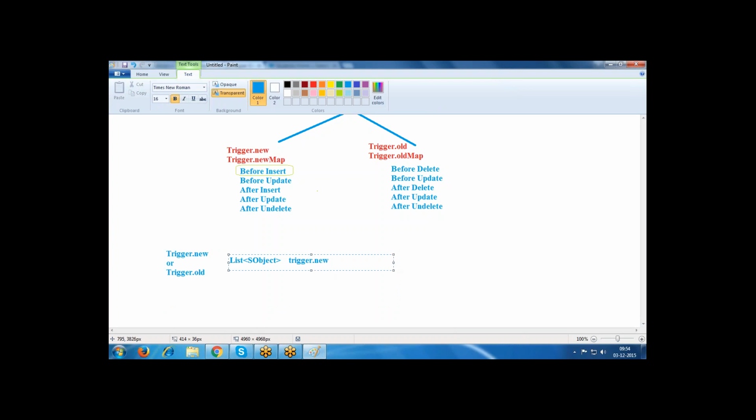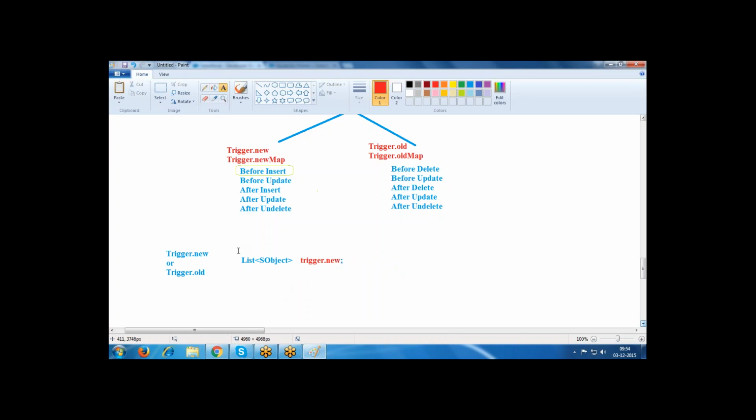For both trigger.new and trigger.old it uses a variable declaration like this. Trigger.new or trigger.old is nothing but internally it constructs one list, and in the list it stores your data. This is the way it internally constructs trigger.new.